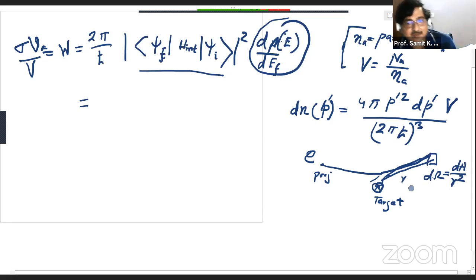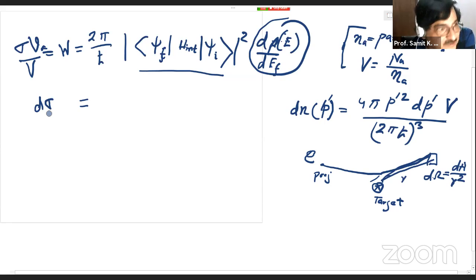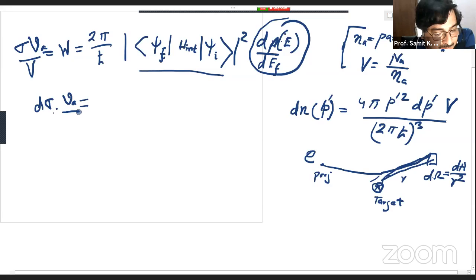This is the solid angle. So now if I consider, within the solid angle, the probability of cross section, then I can consider the differential cross section, which means d sigma. If I consider this one equal to d sigma, then V times v_a by A equals